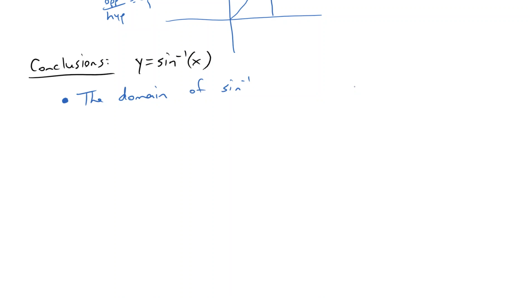Now, in conclusion, let's make some observations or some conclusions. Let's say y equals sine inverse of x, and we'll make some statements about y and x, the domain and the range. The first thing is, we already said it, the domain, the inputs for sine inverse, the domain of sine inverse is, well, x has to be between -1 and +1. Now the more interesting part maybe is the range of sine inverse. These are angles. What angles will it output? The outputs of the sine inverse function will always be between -pi/2 and +pi/2,